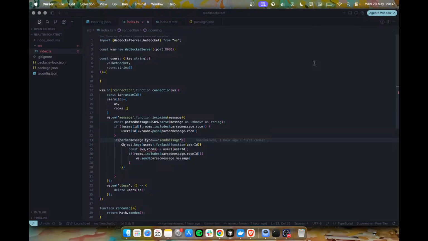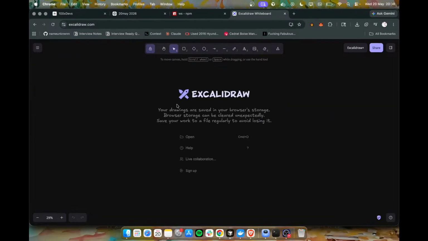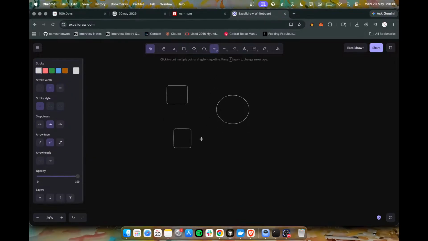Now the next part of it is basically installing Redis, because we want to connect it to the Redis part as well. If I can show you what Harkirat was trying to tell, it was something like, okay, if I have two users and they are coming to a particular WebSocket server,